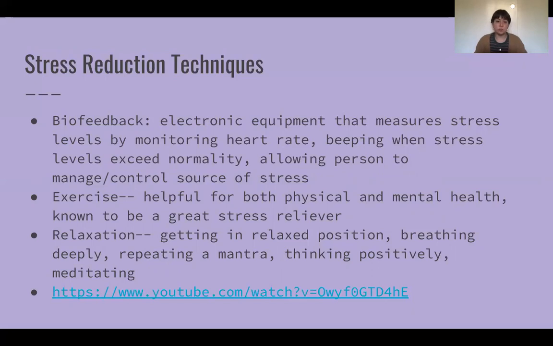Relaxation, just getting in a relaxed position, either laying down or sitting, breathing deeply, repeating a mantra, which is just a term or a sentence that you repeat over and over again, you're putting that out into existence, and motivating yourself, helping yourself, and thinking positively, just having a positive outlook, and meditating can be really good. And I included a YouTube video that will not show, just of some shapes moving, and it's very relaxing to look at, so I thought I would include that,